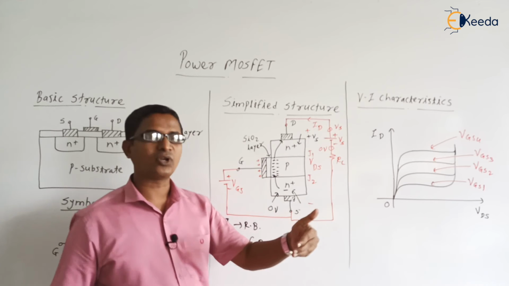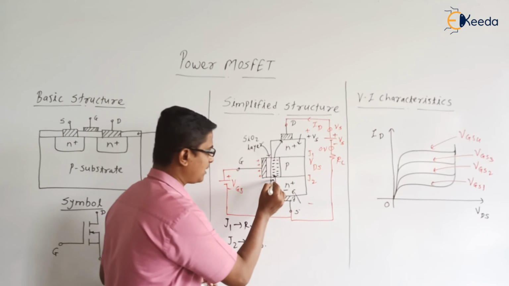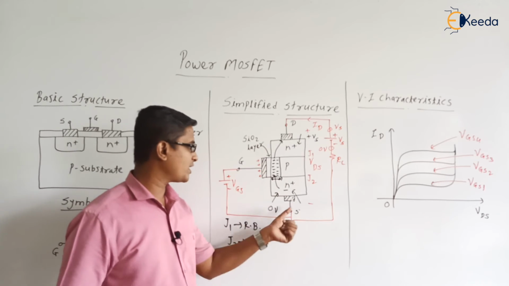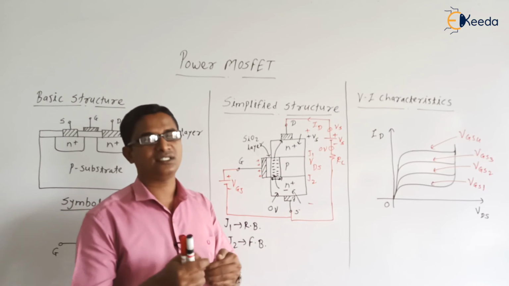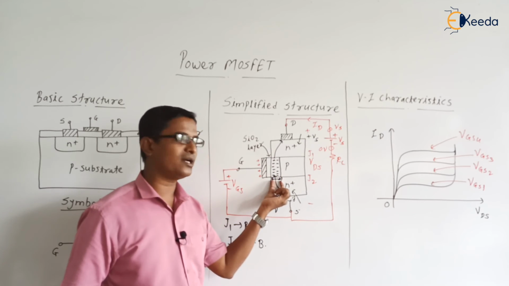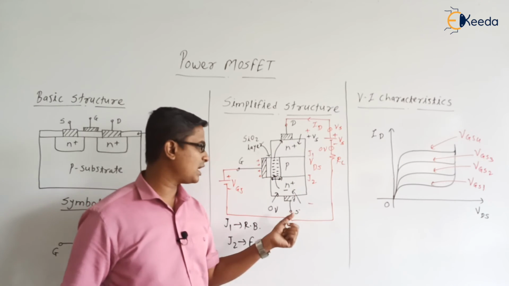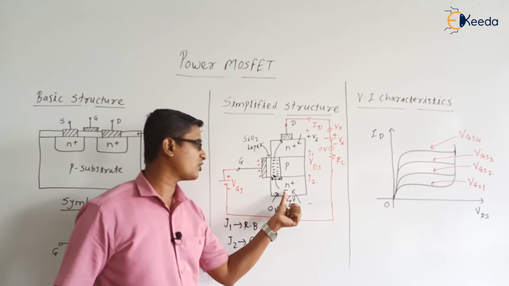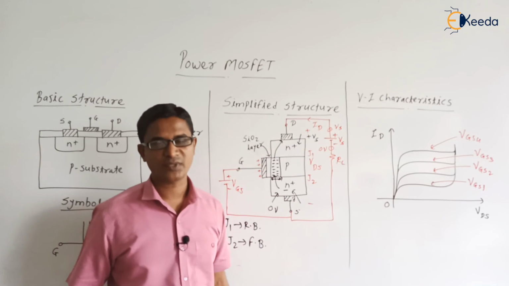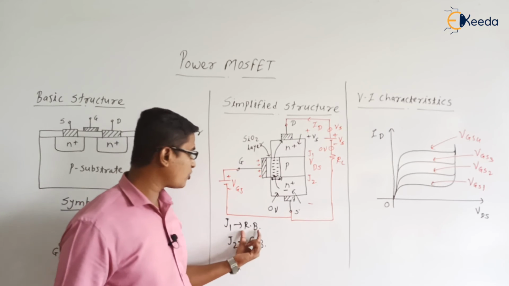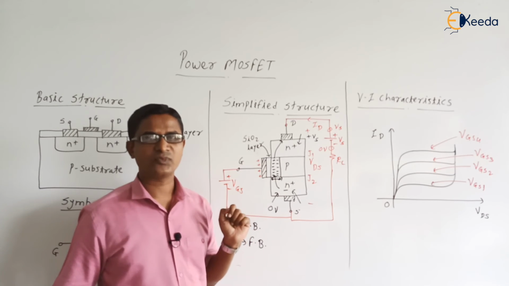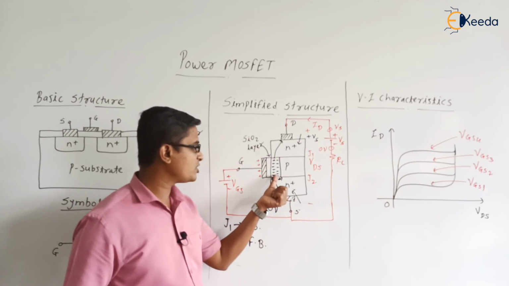As the width of the channel is more, I am calling this a channel. So as the width of the channel is more, what will happen? The movement of the charges will be faster, because it is n plus here, n plus here, and here also we have sufficient width of the channel. Suppose the electrons enter into the n plus, these electrons will complete their path through the negative charges towards the positive plate. So the effect of the reverse biased junction J1 will not be observed here, because of the formation of this layer.